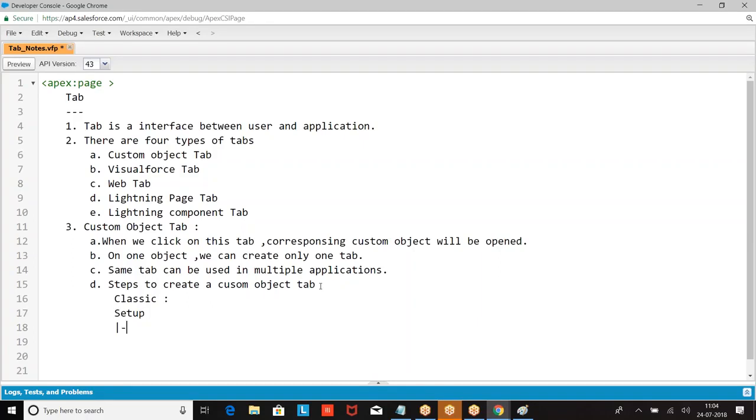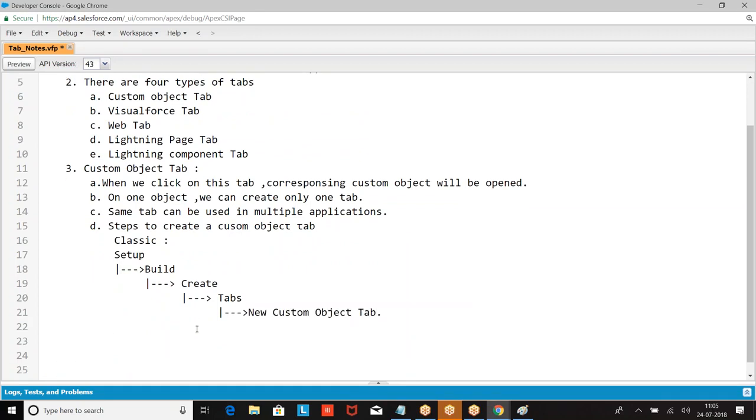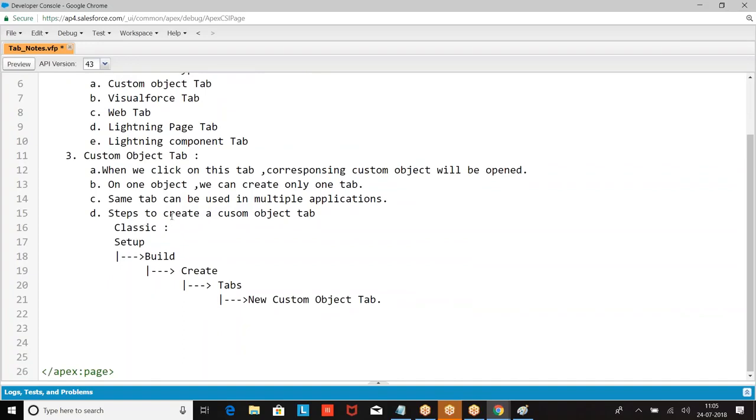Setup, Build, Create, Tabs, New custom object tab.